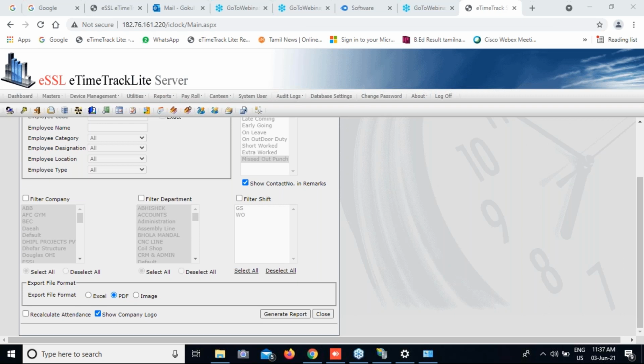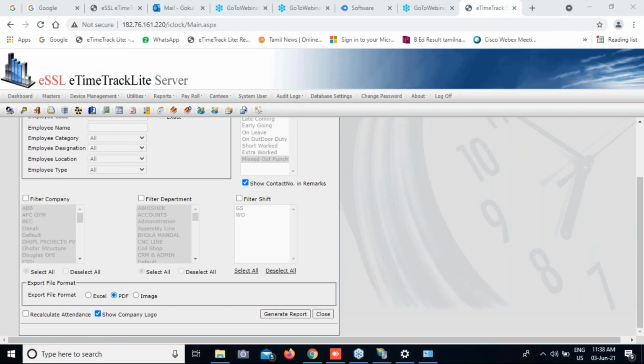That is what, sir. The machine will not accept duplicate punches or duplicate data. We are very sure of that. Suppose I have employee code 1, and if I add another employee with code 1, it will overwrite only this employee.